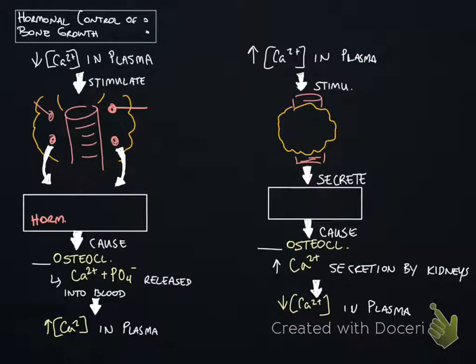So hormones play a vital role in bone growth, particularly with calcium and calcium reabsorption. So let's look at 2 scenarios here. The first one is a low calcium concentration in the plasma, and what that does is it goes on to stimulate the parathyroid glands. And remember, those glands are located on the posterior backside of the thyroid gland, the one in the neck. And you can have anywhere from 3 to, I think, almost 5 seed-like glands on the back of the neck. And it stimulates the parathyroid glands to secrete parathyroid hormone,